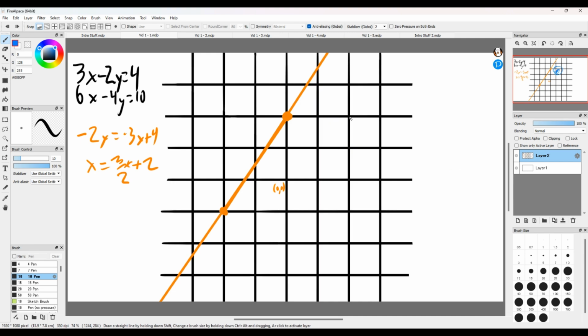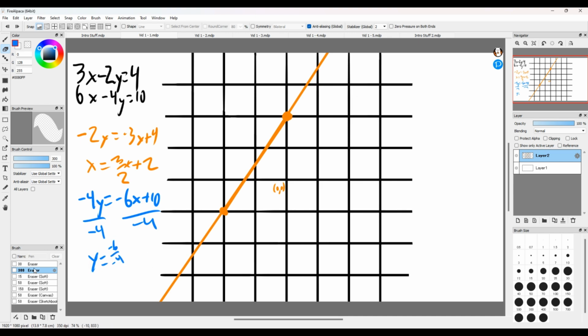Okay, let's do some more quick math. How fast can you do it? 6 minus 4y, so negative 4y equals negative 6x plus 10. Remember, this is a very high level tutorial, even though I'm explaining really deeply. Divide by negative 4. We've got y equals, from negative 4, that simplifies down to 3 halves